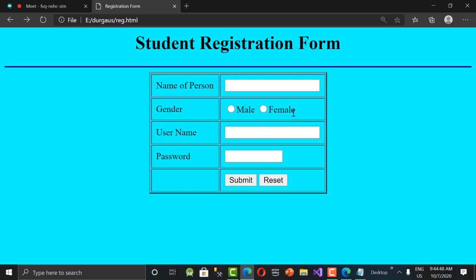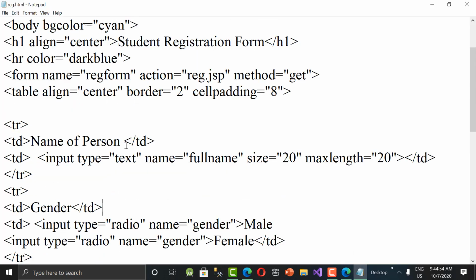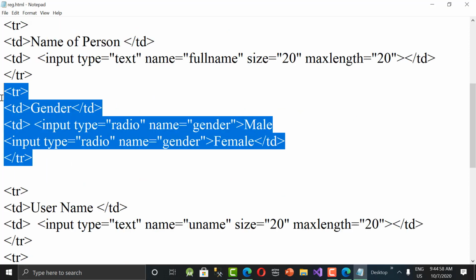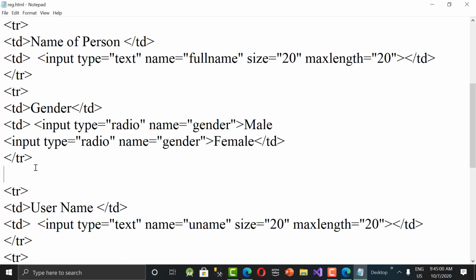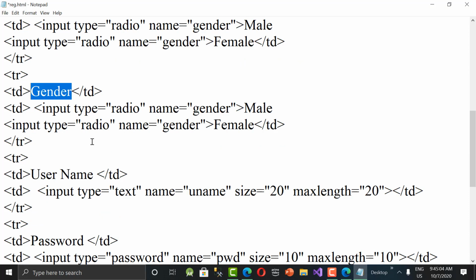In the same way, you can also add something called an option. Like if you are taking the branch from the user, after gender, copy paste, I wanted to choose a drop down list, like branch, like BTech branch. Above that, you can take the qualification, and here we have something called the select tag.